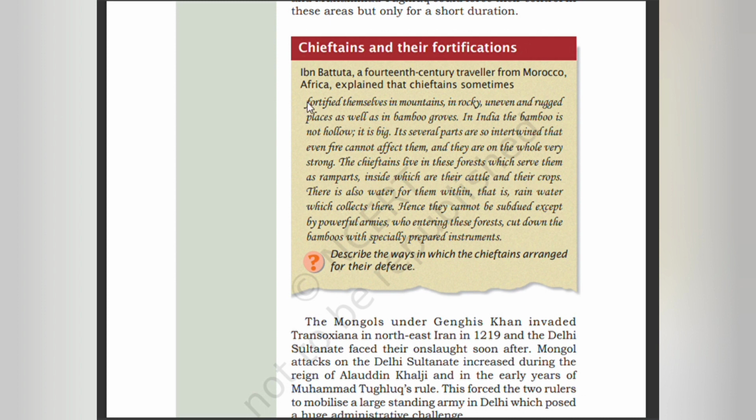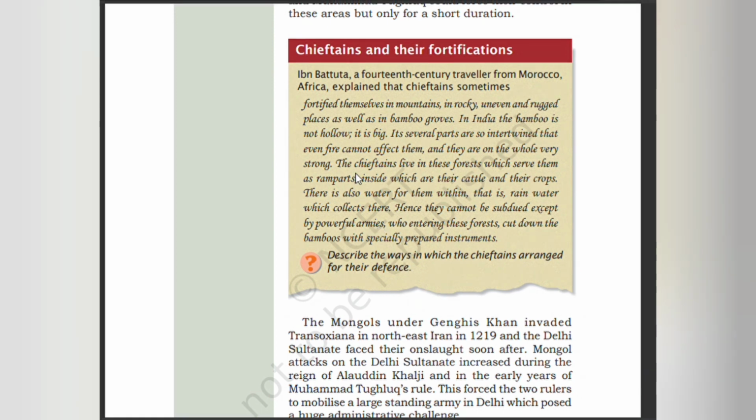Chieftains and their fortifications. Ibn Battuta, a 14th century traveler from Morocco, Africa, explained that chieftains sometimes fortified themselves in mountains, in rocky, uneven, and rugged places, as well as in bamboo groves. In India, the bamboo is not hollow, it is big. Its several parts are so intertwined that even fire cannot affect them, and they are on the whole very strong. The chieftains lived in these forests, which served them as ramparts inside which they kept their cattle and their crops. There is also water for them within, that is rainwater which collects there. Hence they cannot be subdued except by powerful armies who, entering this forest, cut down the bamboo with specially prepared